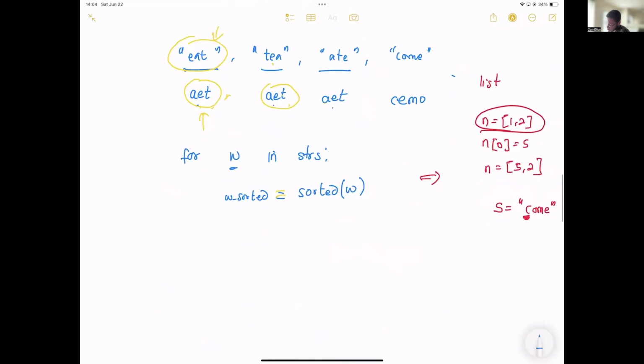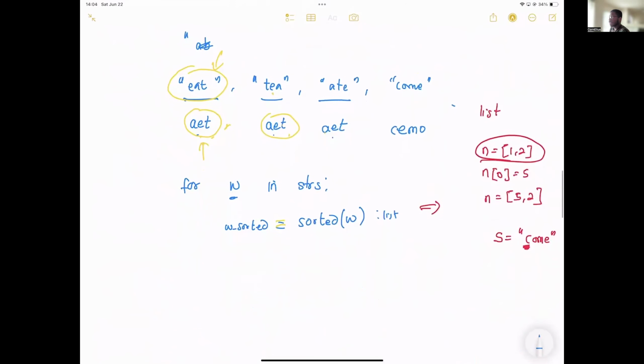So here we sorted, but when you sort, it returns a list, right? But we can't use a list as a key in a hash map. We explained why, because lists are mutable. So let's say we have a hash map here. I called mine groups, right? So now we're going to use our default dict. What's going to be the type of the values? Anybody? What's going to be the type?